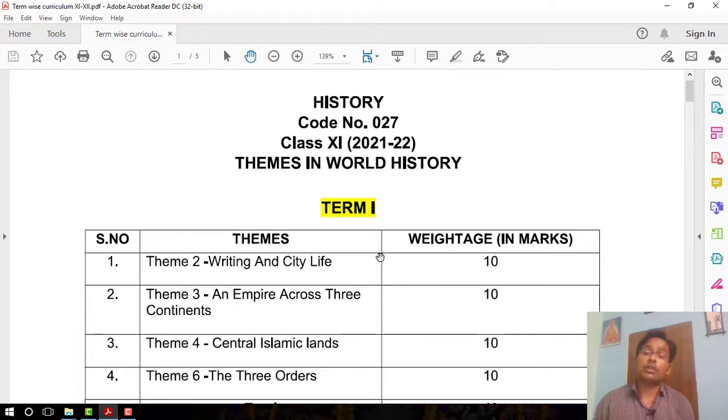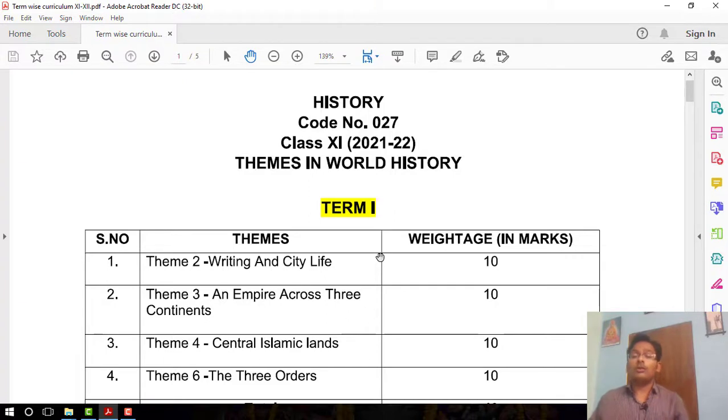Now about the 80 marks. I hope you know that for the 80 marks, CBSE this year split the 80 marks portion, right? This year there will be two term examinations. First, term 1, which will contain 40 marks, and second, term 2 examination, which also contains 40 marks. So 40 plus 40 becomes 80, and 20 marks project. So in this way it becomes hundred.